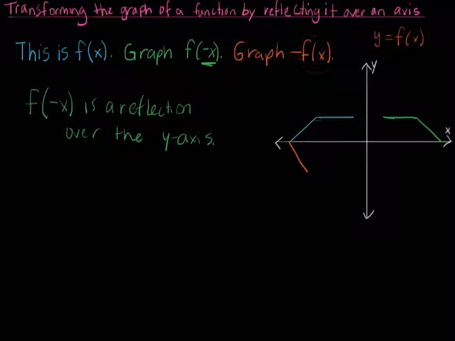That's not quite right here. I'm just doing this freehand, so you'll have to forgive me if it doesn't look perfect. I'll try to get it decent though. All right, that'll have to be good enough. So it's going to be a reflection so that all of the y values that were positive become negative, but all of the x values stay the same. So negative f of x is a reflection